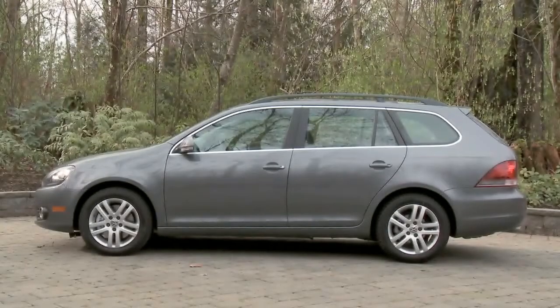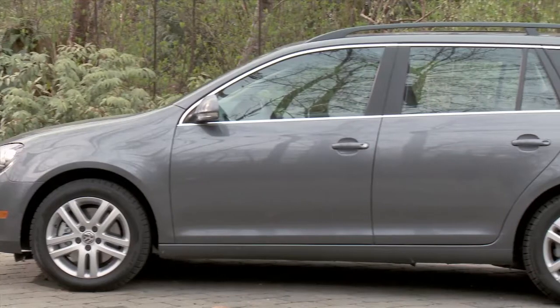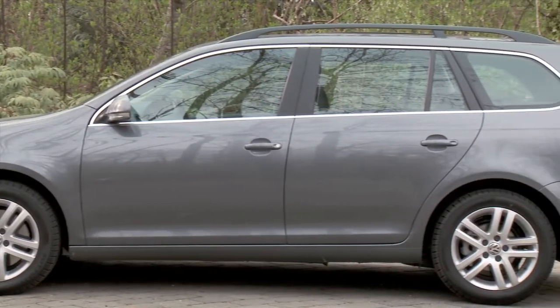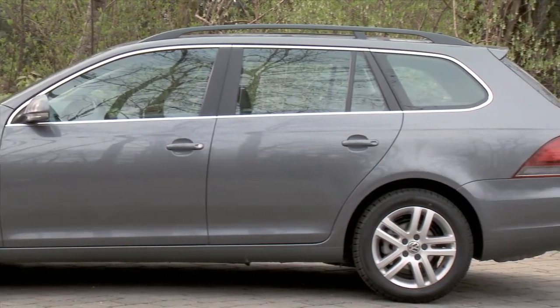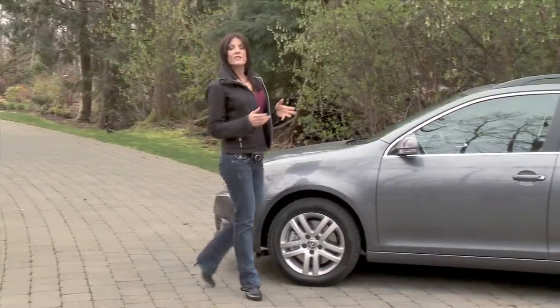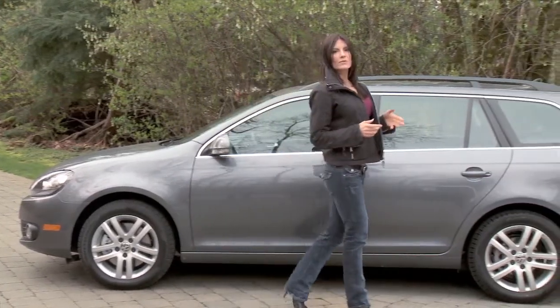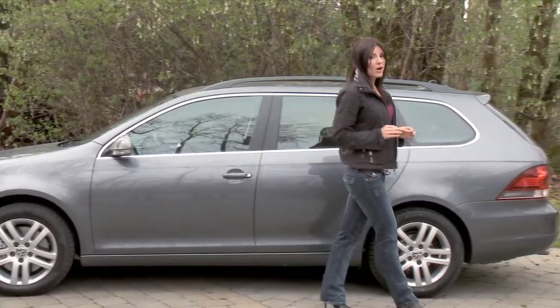This 2010 Golf Wagon replaces the Jetta wagon and resurrects the Golf name, replacing the Rabbit name used for 3 years. By the way, the City Golf sedan and hatchback will be retired at the end of 2010. Since the very inexpensive city versions are going to be disappearing, Volkswagen is offering a lot of car for a